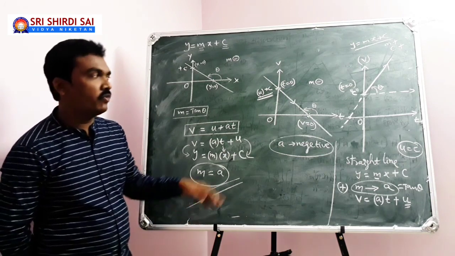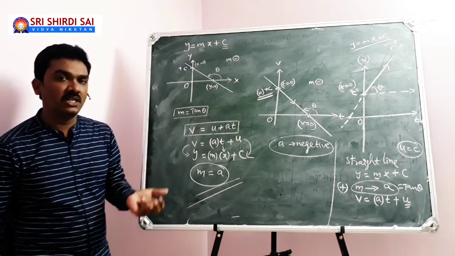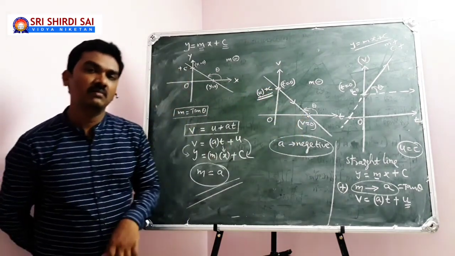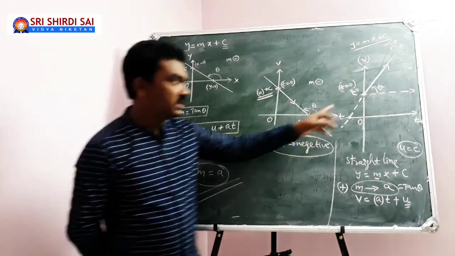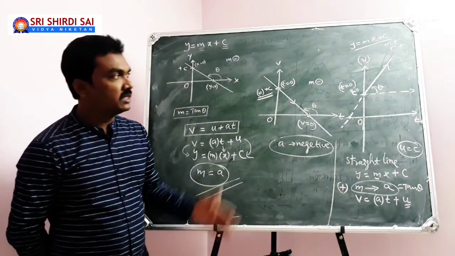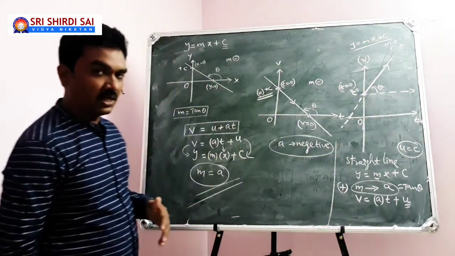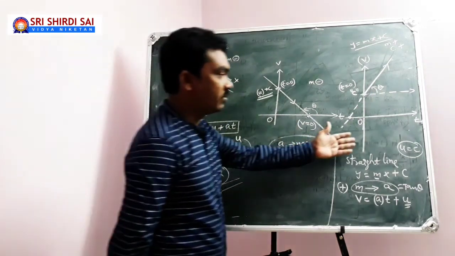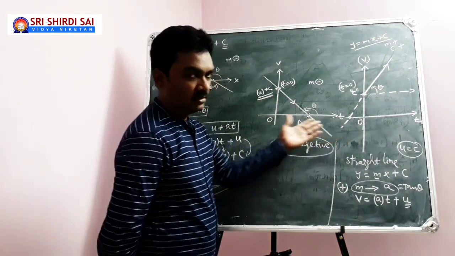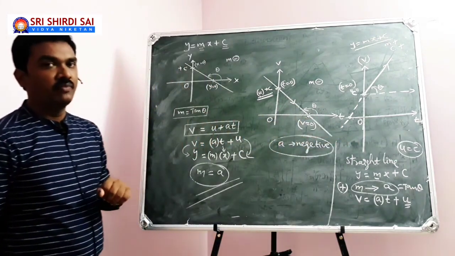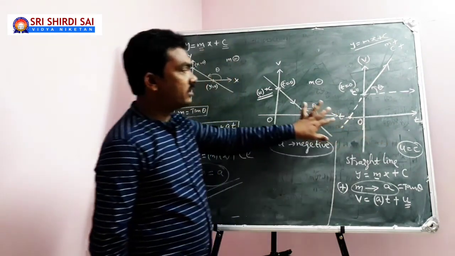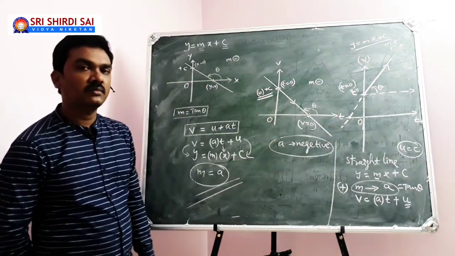If a slope is negative, for theta greater than 90, acceleration is negative, means your body is moving with deceleration. If the slope is positive, for theta less than 90, then acceleration is positive, means your body is moving with acceleration. So this is an accelerated body, this is a decelerated body, and these are their velocity versus time graphs. Velocity versus time graph for an accelerated body. This is for a decelerated body.